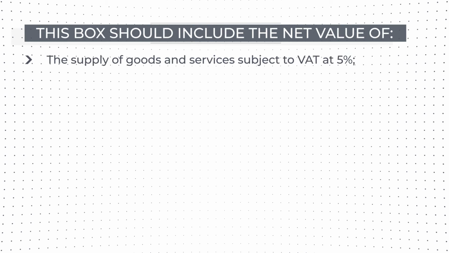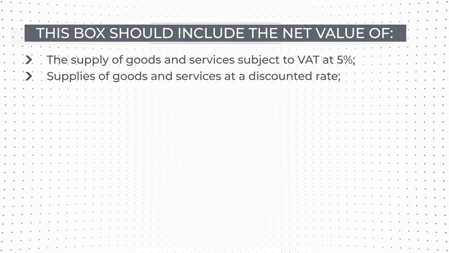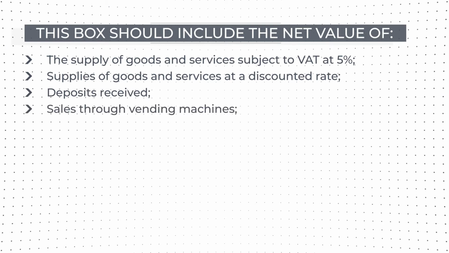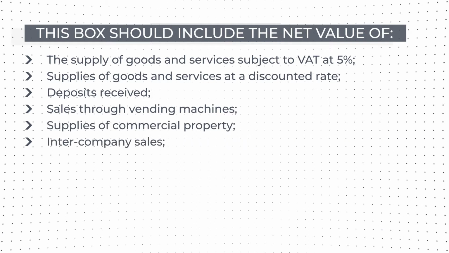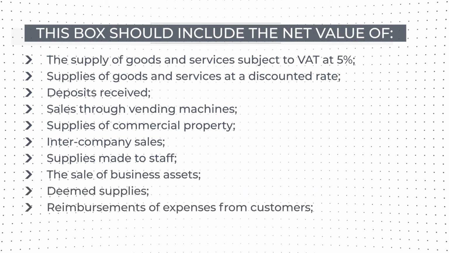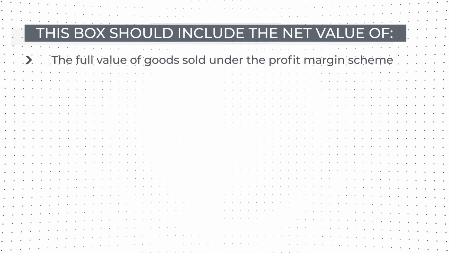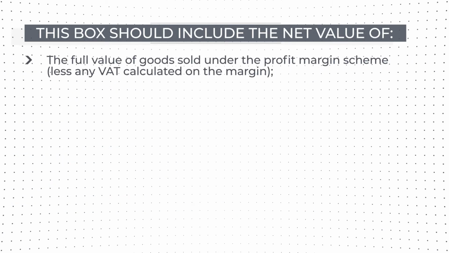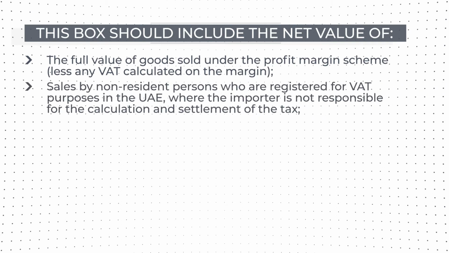This box should include the net value of the supply of goods and services subject to VAT at 5%, supplies of goods and services at a discounted rate, deposits received, sales through vending machines, supplies of commercial property, intercompany sales, supplies made to staff, the sale of business assets, deemed supplies, reimbursements of expenses from customers, the full value of goods sold under the profit margin scheme, less any VAT calculated on the margin,